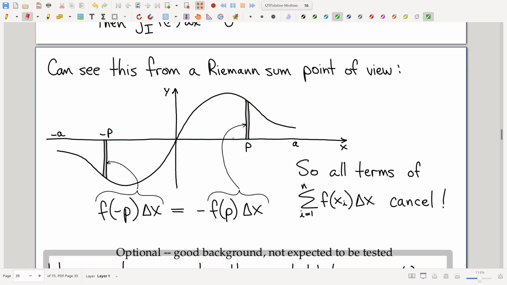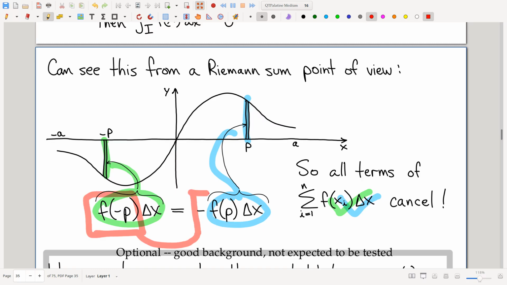And I think you can see that this term in the Riemann sum and this term in the Riemann sum, because of the oddness, the oddness says that f of negative p is negative f of p. So because of that oddness, we have a minus sign. The green and the blue are negatives of each other, and they cancel